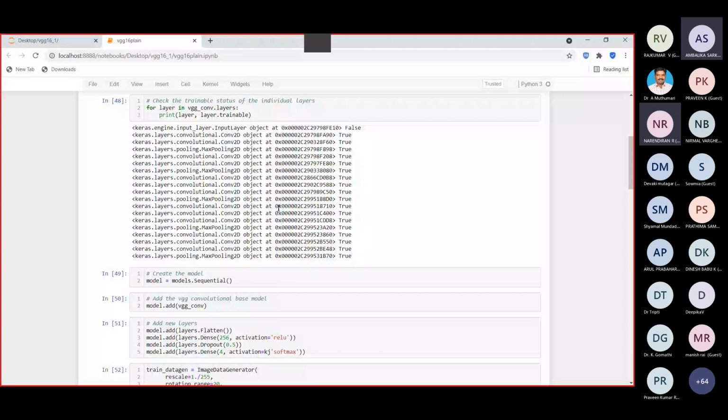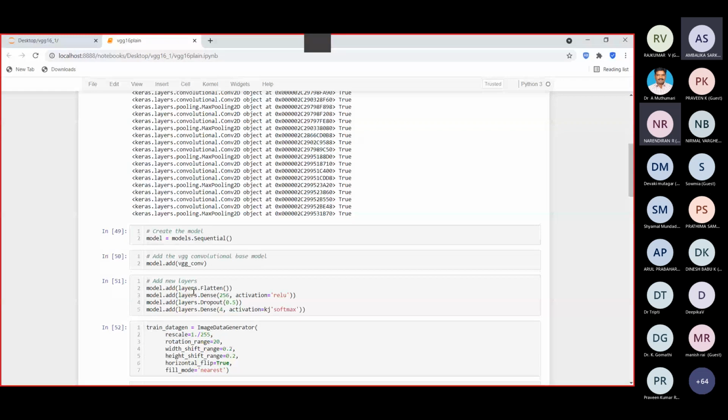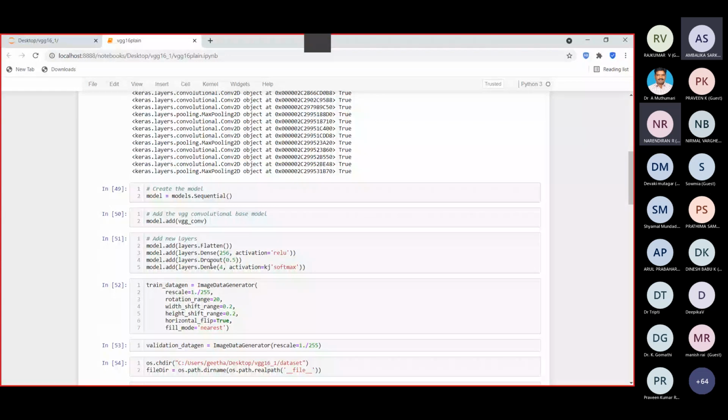So with this you are creating the sequential model, and to the base model you are adding the new layers. The base model is VGG16 here, and to that you are adding all these layers, because we are going for our own classification here. So you are adding this flattened layer, dense layer, and then the last softmax layer here,